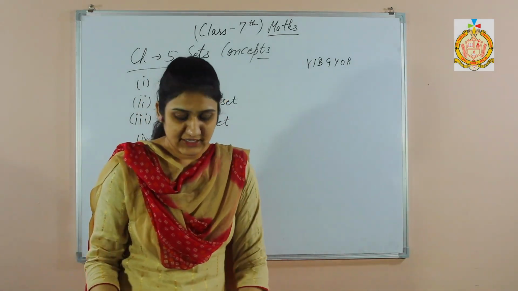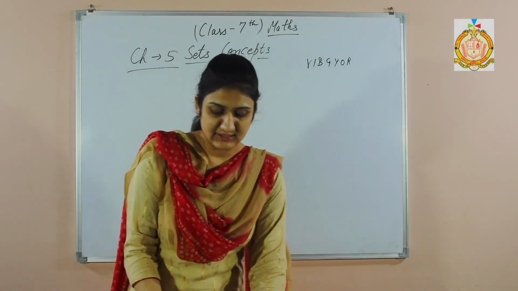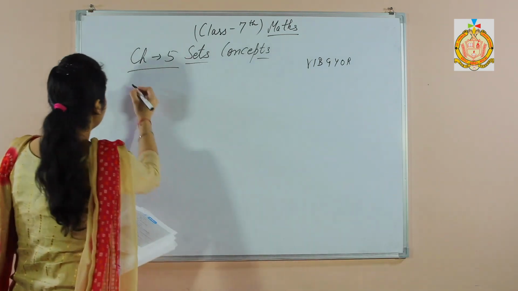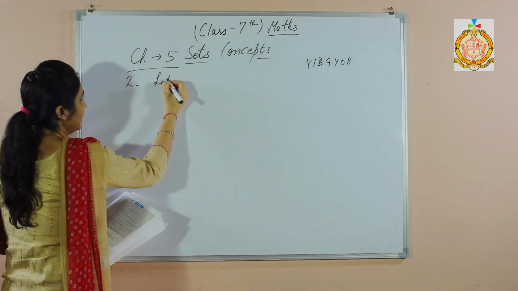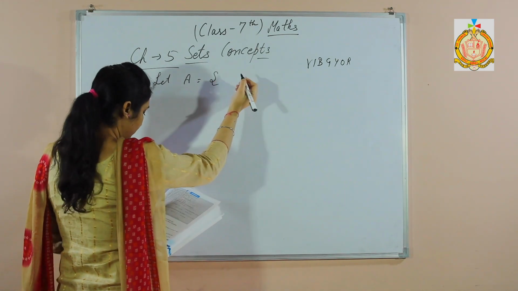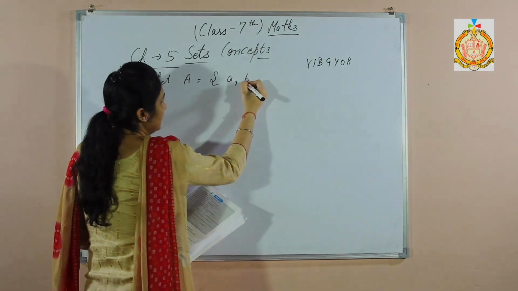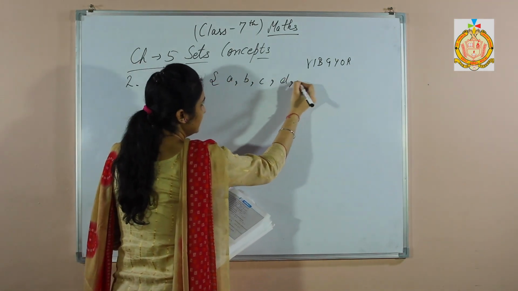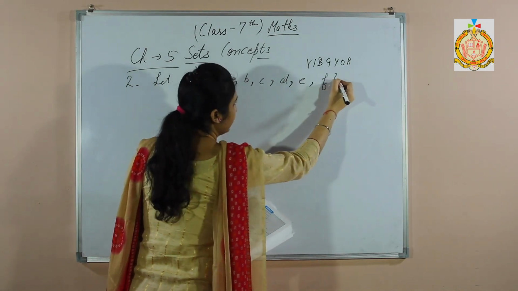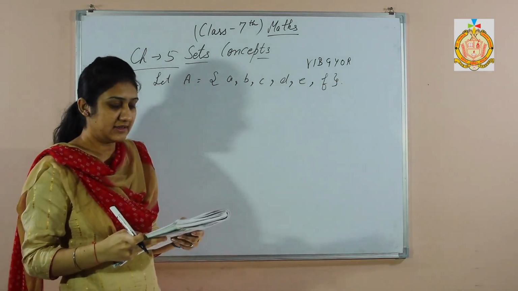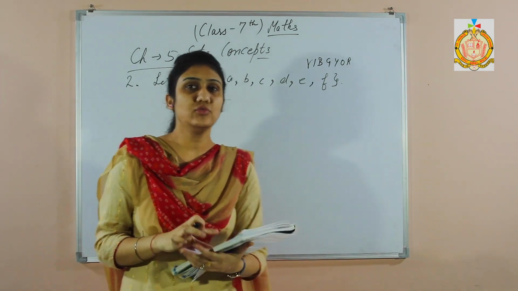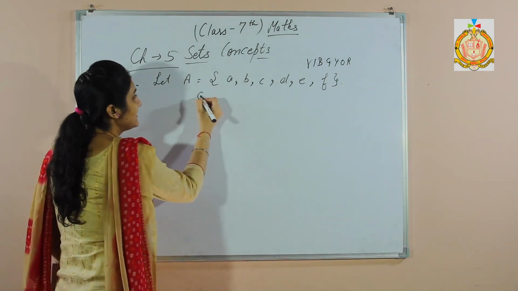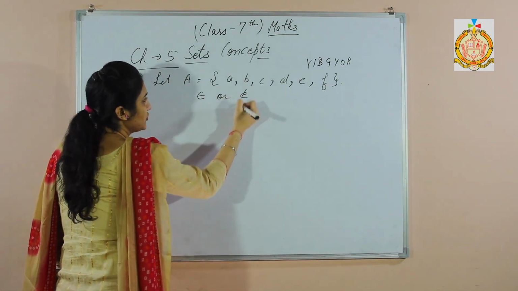Next one is the second part. A set is given: A = {a, b, c, d, e, f}. Insert the appropriate symbol. We have to insert the symbol